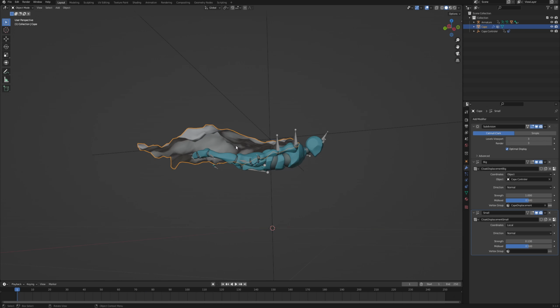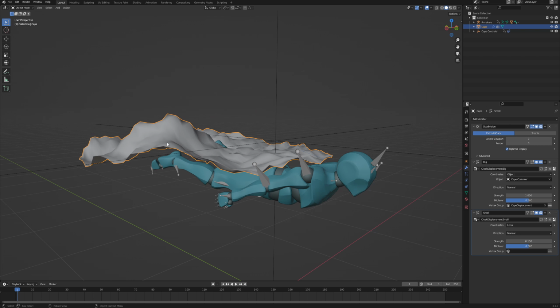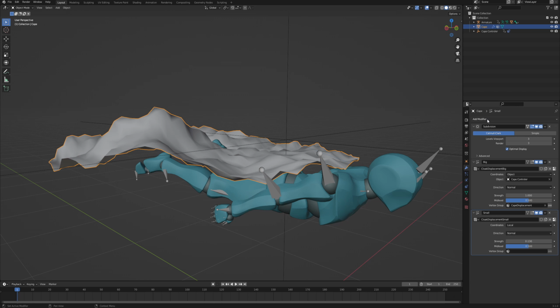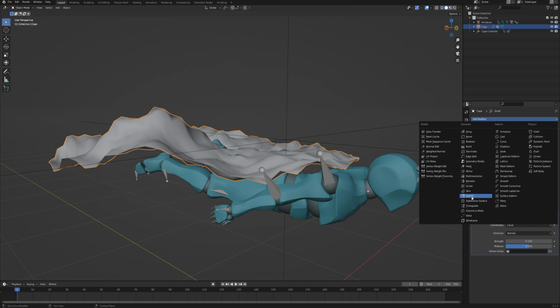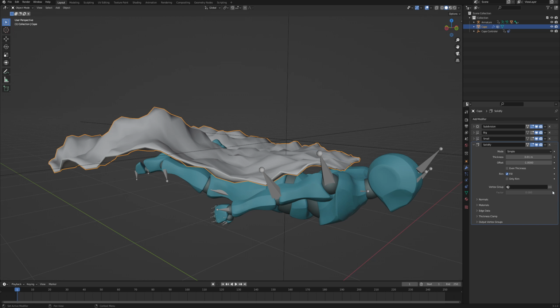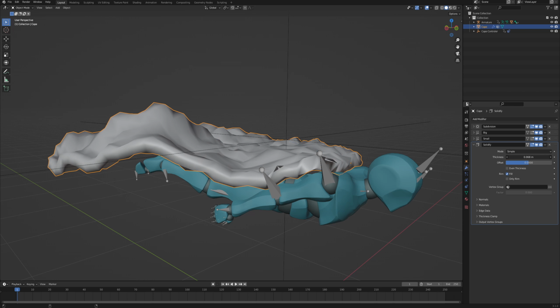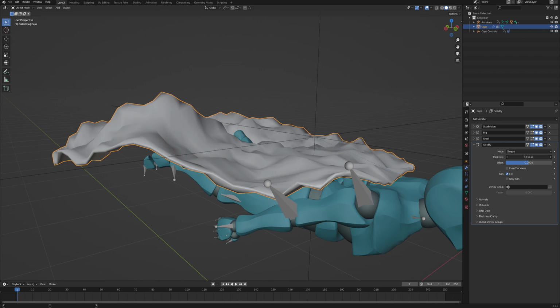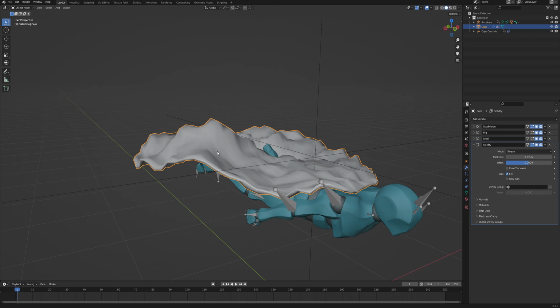And then because it's a cape, and right now what we're working with is a plane, we need a little bit of thickness to it. So let's add another modifier, and this time it's gonna be a solidify modifier. We can also close the previous one so that we see clearly what we're doing. Here, let's just choose the offset to be 0 so that when we change the thickness, it's getting thicker equally on top and the bottom. Let's also not go too crazy with it. A small value just to add a little bit of thickness to the whole thing.